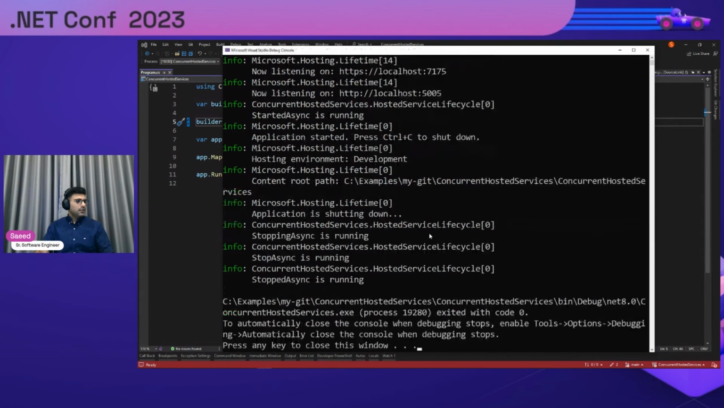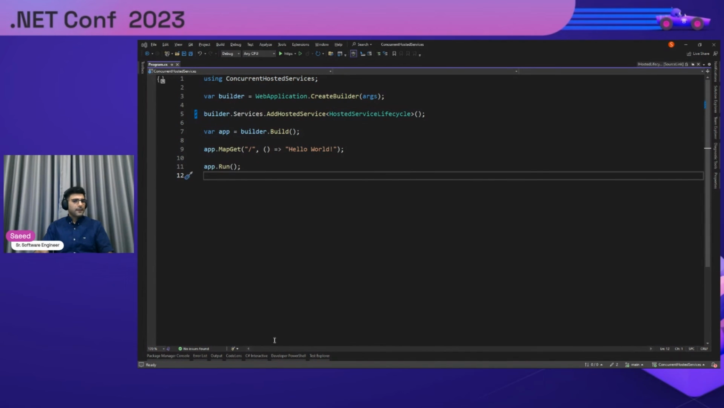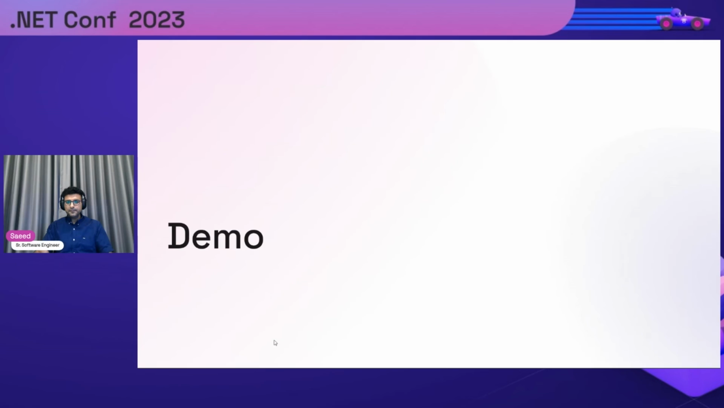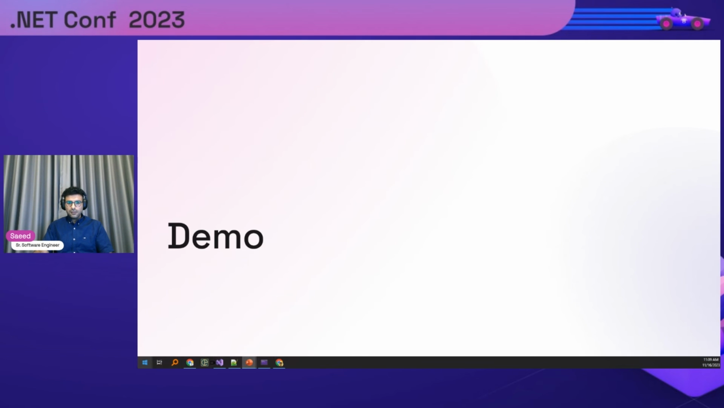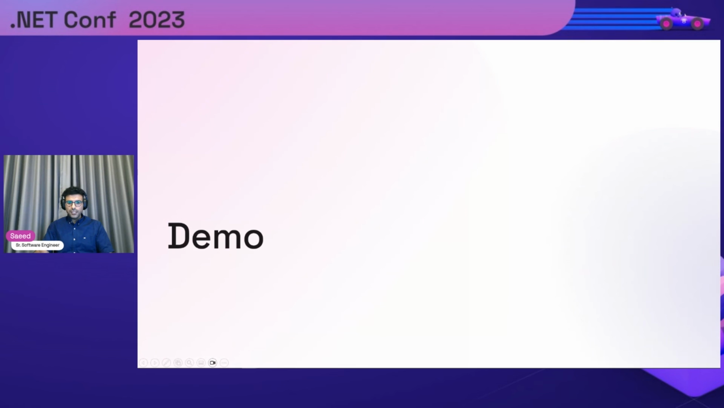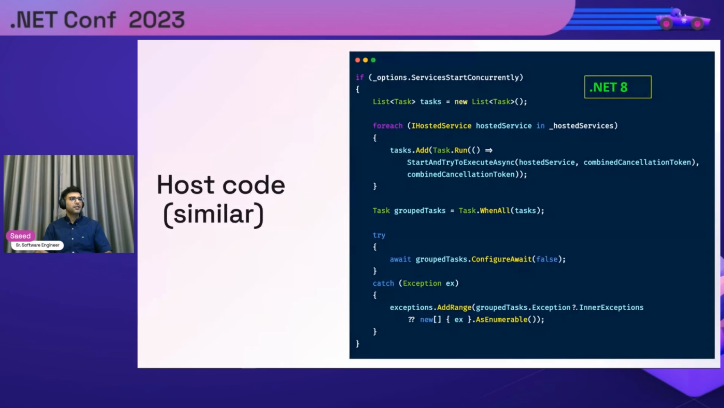Okay, let's go back to our presentation. Okay, here I wanted to show this code as well. In .NET 8, this is the host code, similar code, but it's the same. When we are trying to run the application, something like this happens behind the scenes. So if we enable the start concurrently for the hosted services, this hosted services enumerable, it's actually the host that will get them